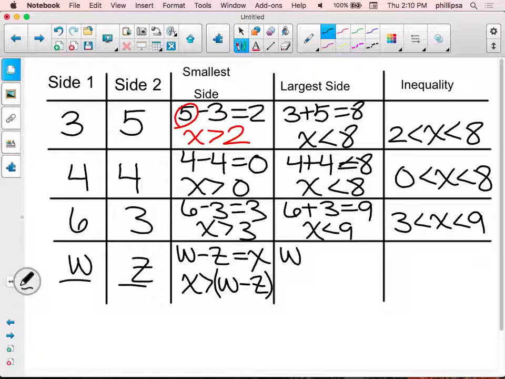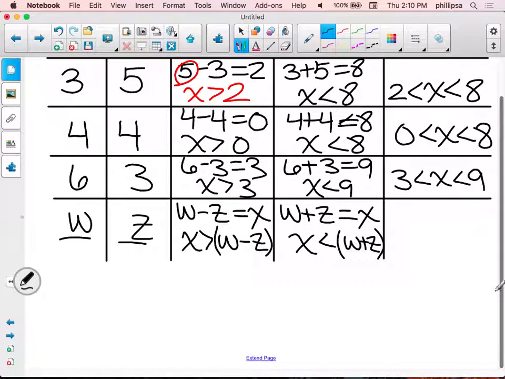But it's got to be less than the sum. Okay. So as a compound inequality,